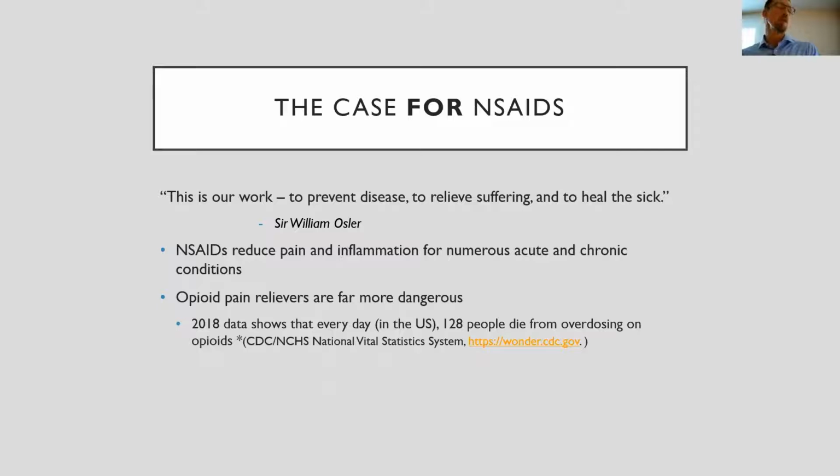And we've seen in recent years this growing opioid epidemic, and a 2018 study in particular conducted by the CDC shows that 128 people die due to overdosing on opioids in a single day in the US. Of course, that's going to vary, and that data is going to change over time, but that's pretty significant, pretty powerful. Other options and alternatives are few and far between. There's acetaminophen, but it may not be effective for every patient.